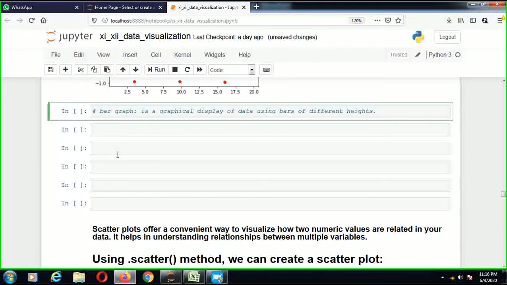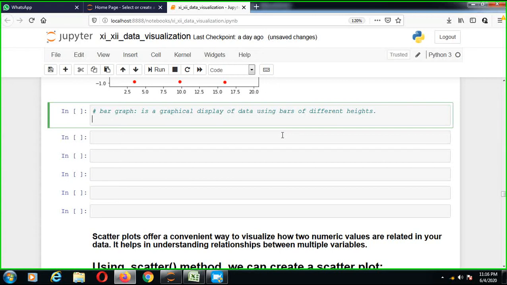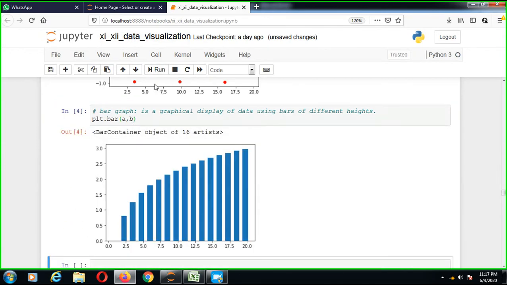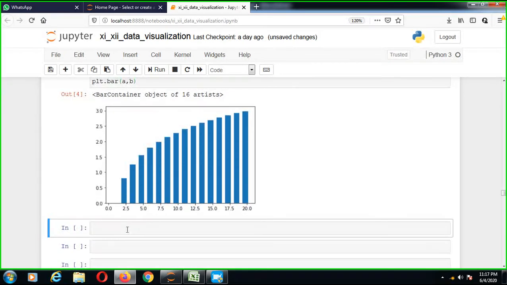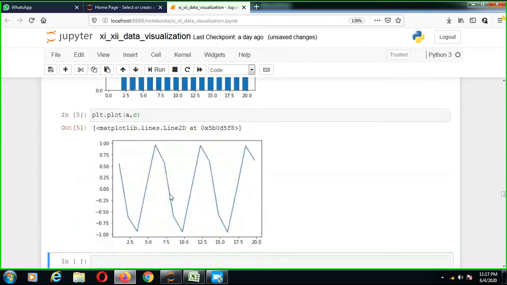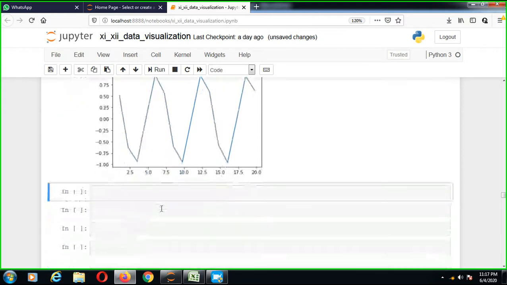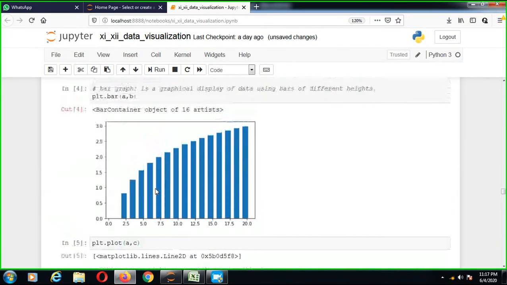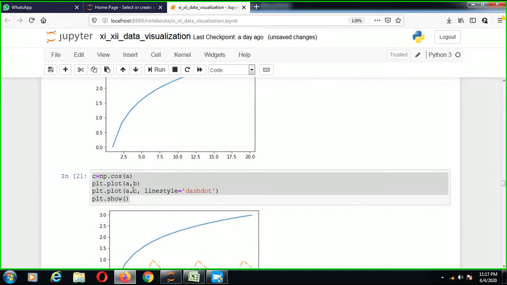So we use some functions regarding this. Suppose I am just plotting a bar graph. I'll show you. Okay, plt.bar a, b, and see the output. Okay, this is the bar graph of our cos and sine values. So this is the bar graph. Now I'll just change to plt.plot a, c, and see the output. A different type of cos value suddenly appears; a, b value is different, and a, c. This is the value of c.